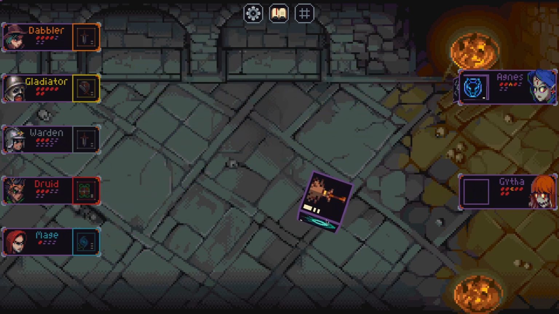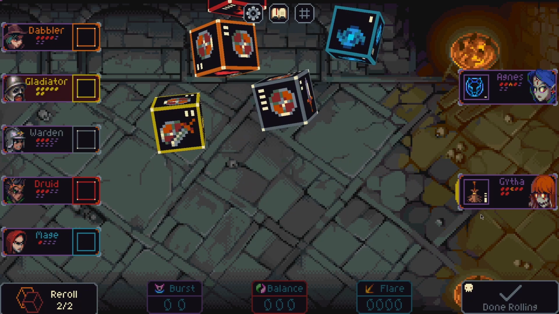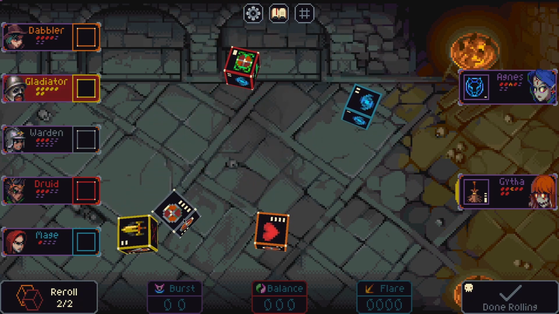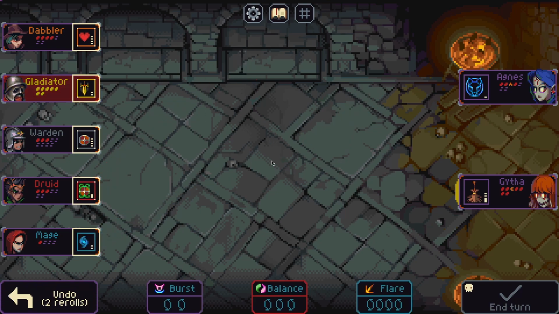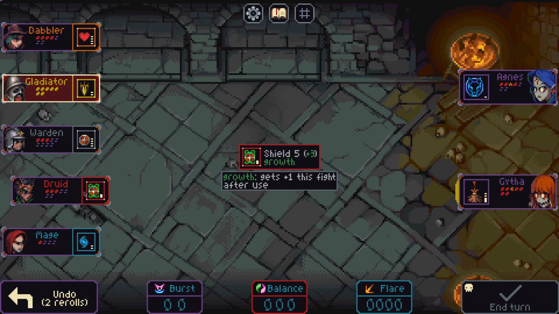Alright, what do we got here? Another big damage from Geetha. I'm just going to assume that's correct. We could do a big damage to Geetha this turn, though. Four damage this turn. I think that's worth it. Actually, everything here is pretty much worth keeping, now that I'm looking at it. So we're going to defend...